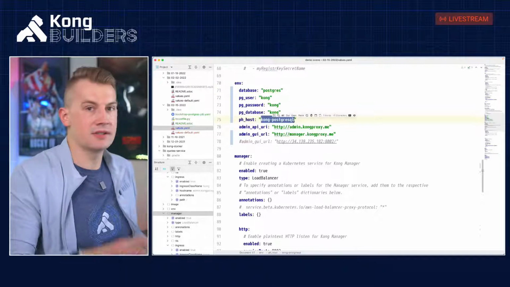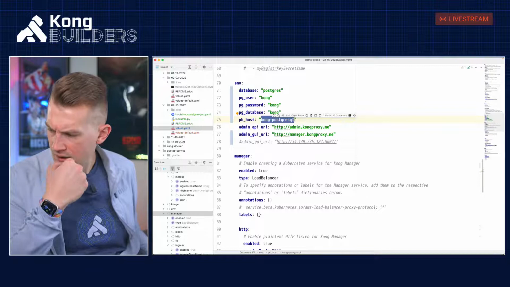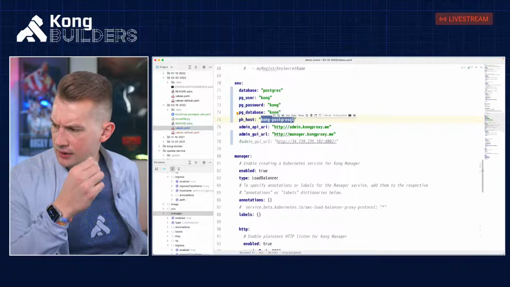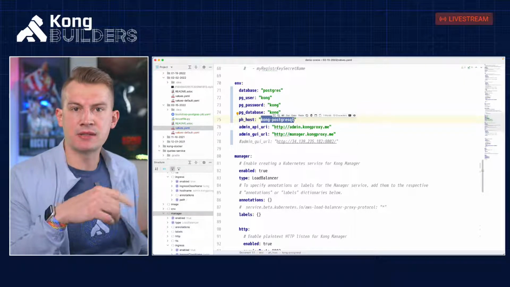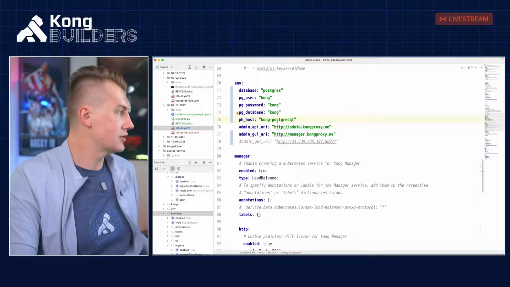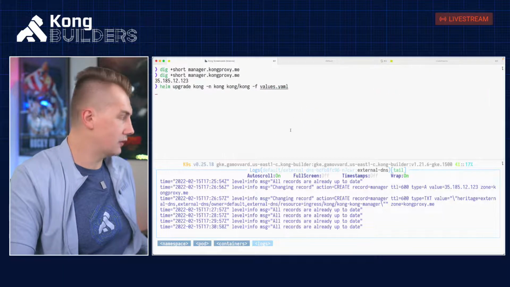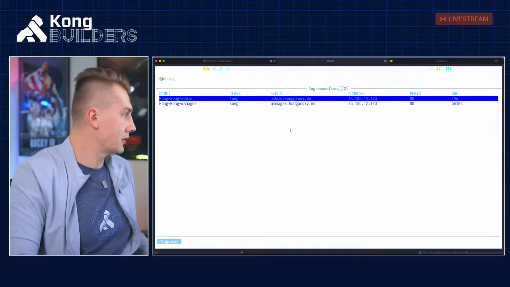Host will be here since they're running this locally, and it will install this database in the same namespace with Kong, so I can simply use the Kong Postgres. In this case, it's the release name, and Postgres is the name of the chart. And that should be it for my application. So let's take a look. What do we have here?